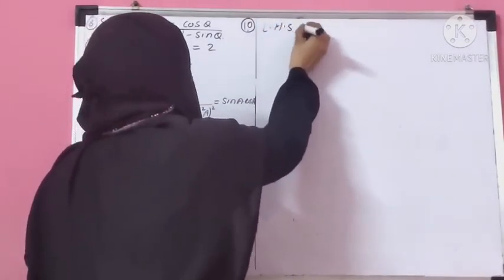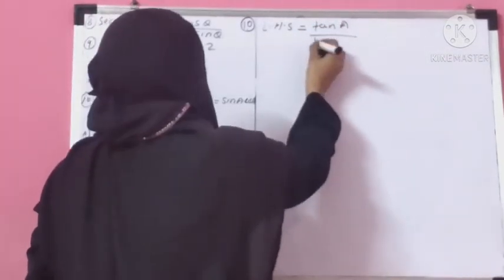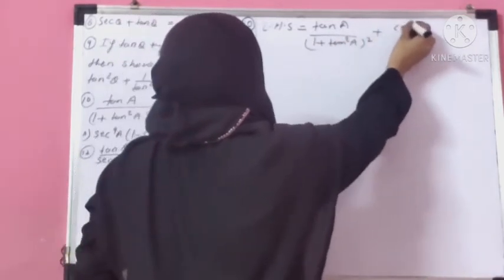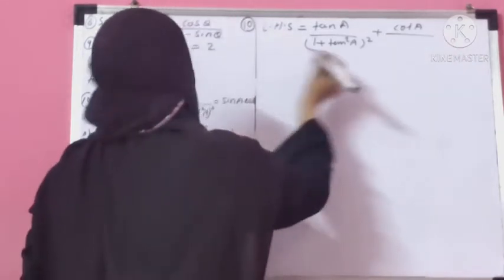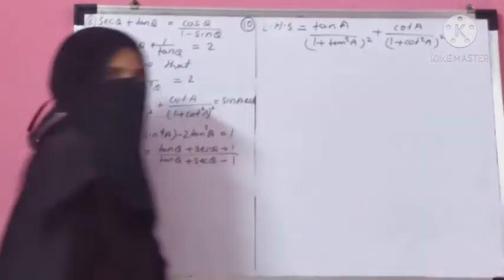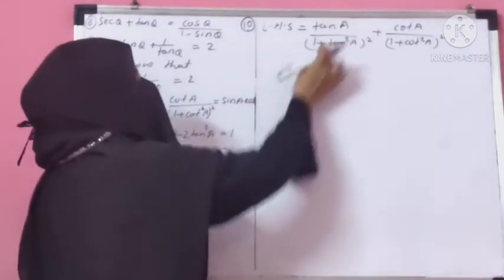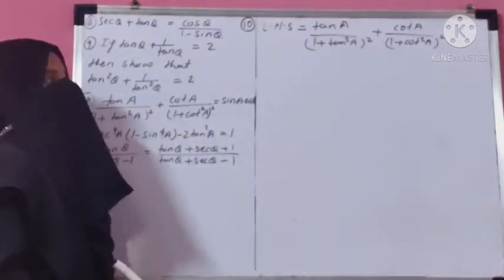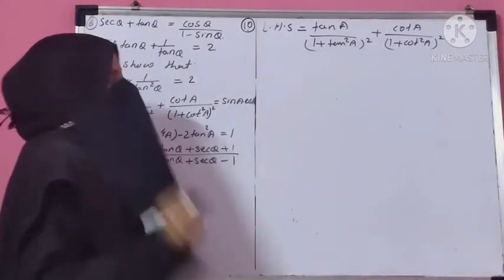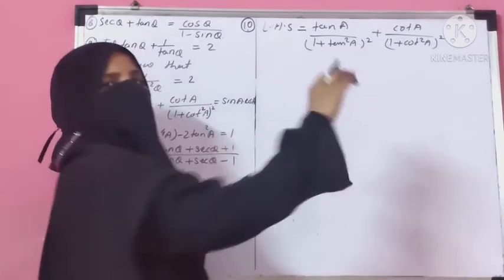So left hand side part of this question: tan a upon 1 plus tan square a whole bracket square plus cot a upon 1 plus cot square a whole bracket square. This is the left hand side part of the question. Now see here, we have discussed in identities the formula